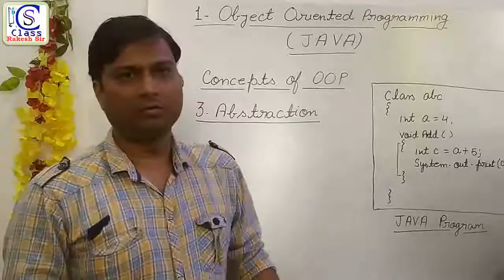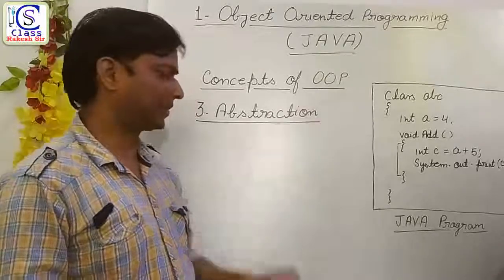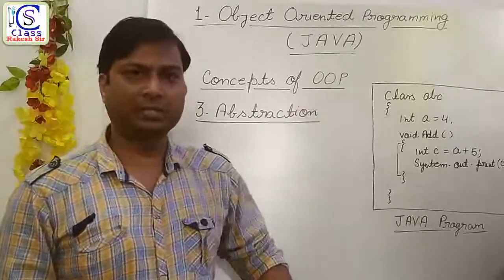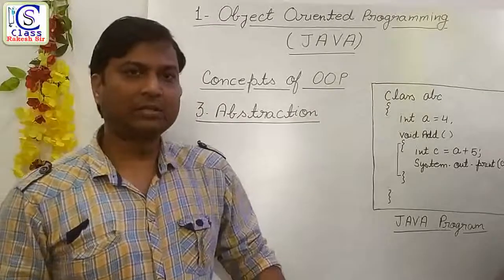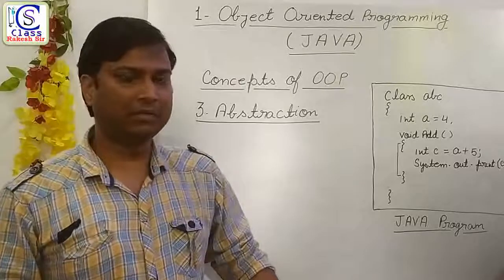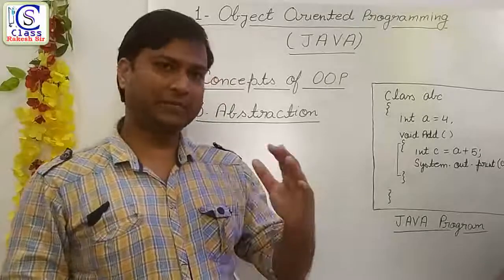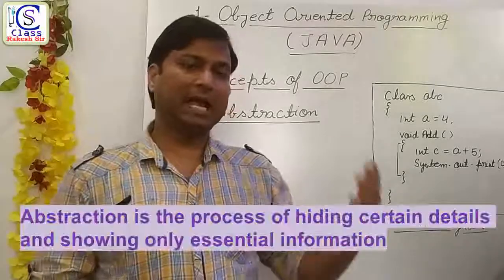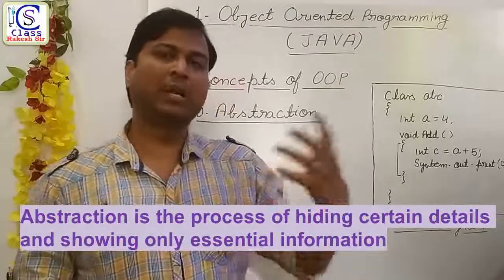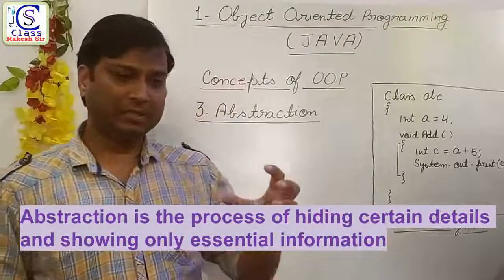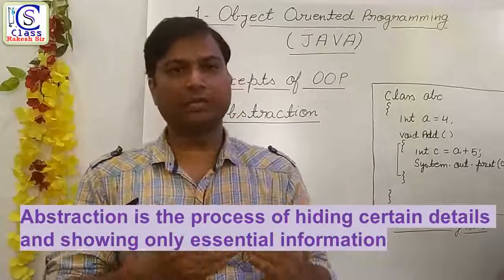Getting it? Now the next technique of the object-oriented programming structure is abstraction. So what is abstraction? To understand the concept of abstraction, let's take an example from the real world. First of all, the definition. What is the definition of abstraction? Abstraction acts to represent the essential features without showing the background details.